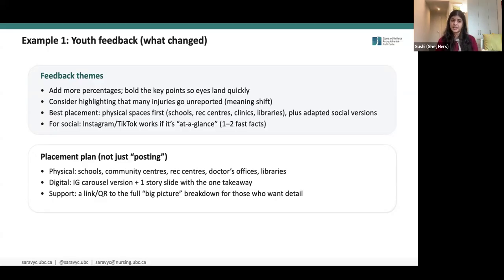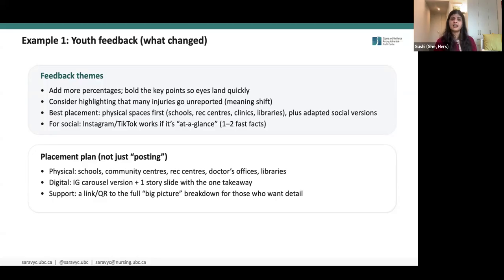And then we asked them, if we do end up putting these on digital platforms, what platforms would work best? And as expected, they said Instagram and TikTok. And instead of sharing their entire infographic, why don't you do at a glance one, two fast facts and then link it back to the infographic that you can host on your website?